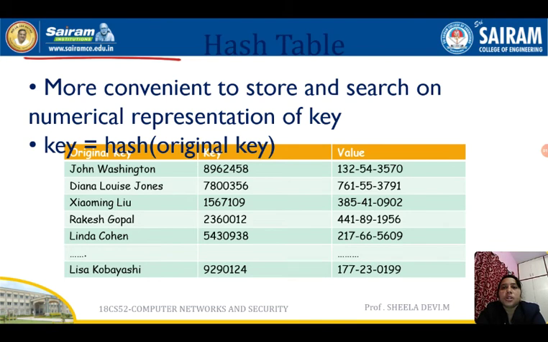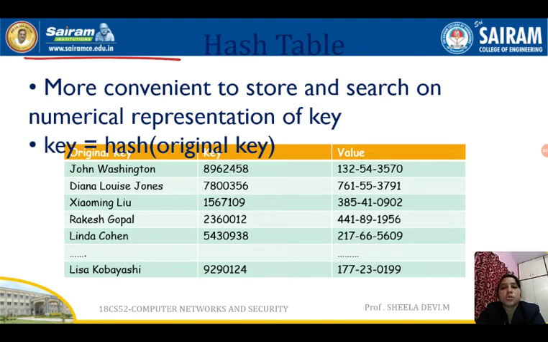Then the hash table: it is more convenient to store and search on a numerical representation of the key. Key is equal to hash of the original key. Instead of saving the key directly in the database, in the hash table we apply a hash on the original key, and whatever output we get will be saved as the key in the database.